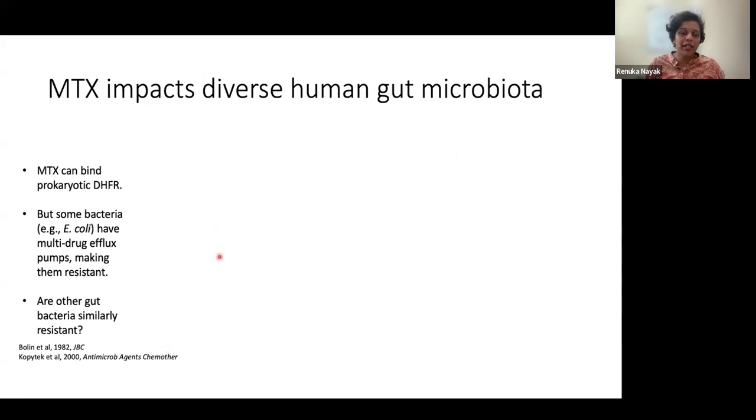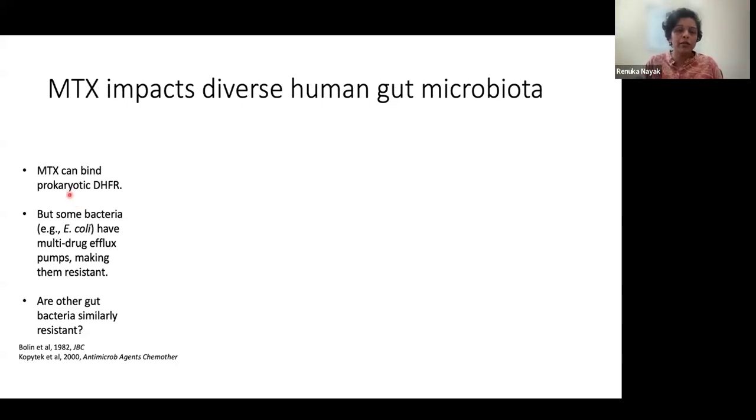So now, going back to the literature, what was known before I started all of this about how methotrexate acts on bacteria. In the early days of methotrexate, people developed drugs without knowing what the targets were. That was true for methotrexate. It was known that it targets the folate pathway, but nobody knew about dihydrofolate reductase. It was really fun to read about the history of the discovery of DHFR, which was made possible by having a drug like methotrexate.